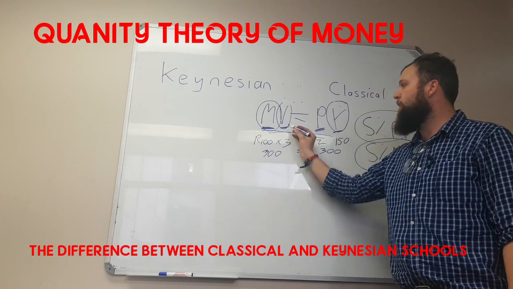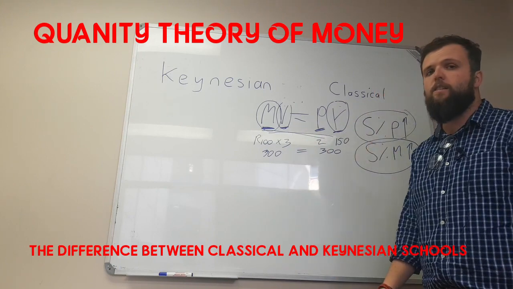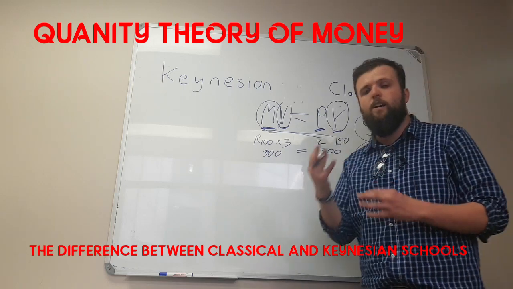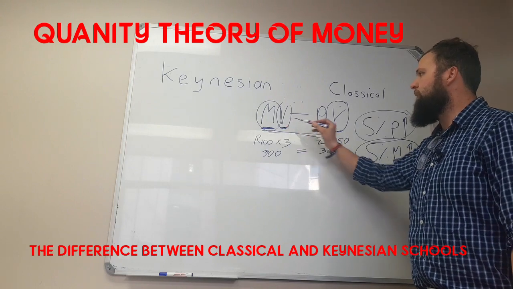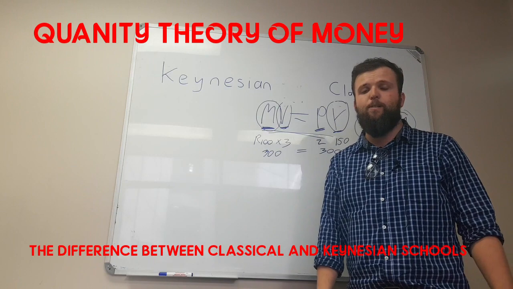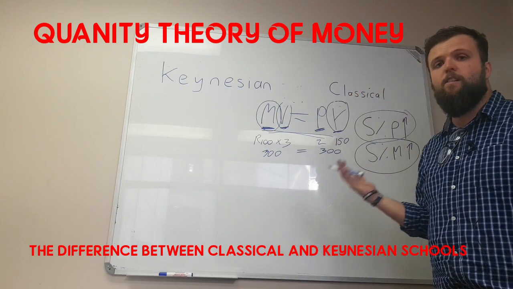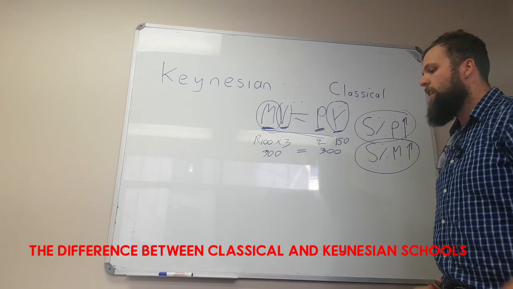They believe that velocity is volatile over time and output also changes over time. And this gives a whole new dimension to this identity, as now these variables are interlinked with each other and all of them can change in a given time period. And thus this makes this identity a lot more complicated than it should be under the classical school's assumption. Okay, so that's the first.